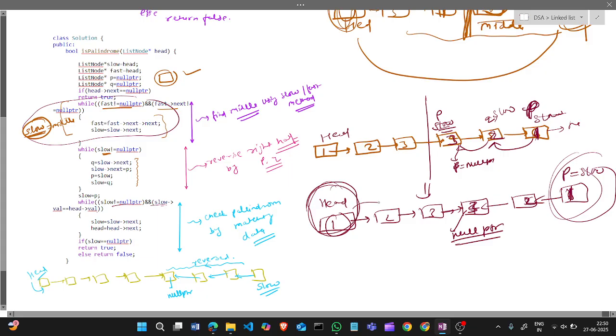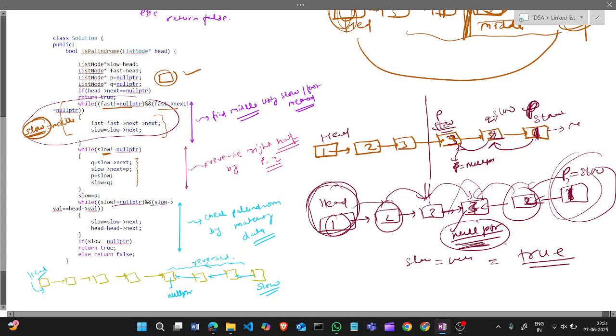So we will move one by one. Okay, check head value and slow value, yes, equal, then we will move. Every time we are checking whether slow is a null pointer or not. So now check, this is this, and its next is a null pointer. So this condition is false, so we will say yes. If slow is equal to the null pointer, then it's true. Okay, it's true, so it is a palindrome, otherwise false. Okay, so in this way we did.